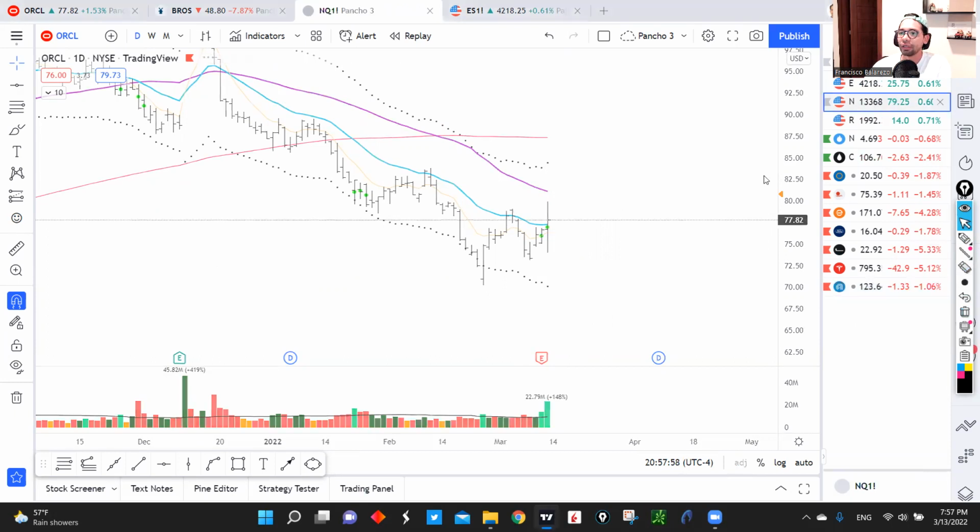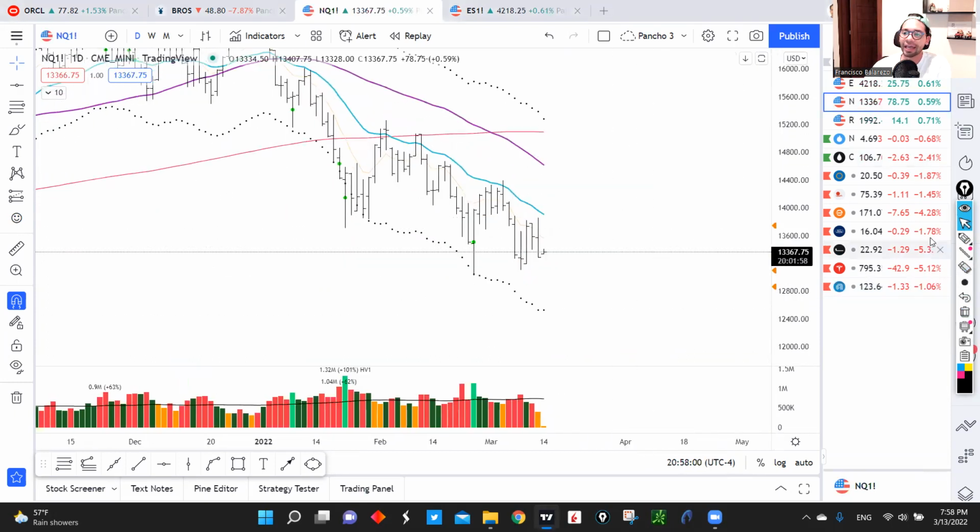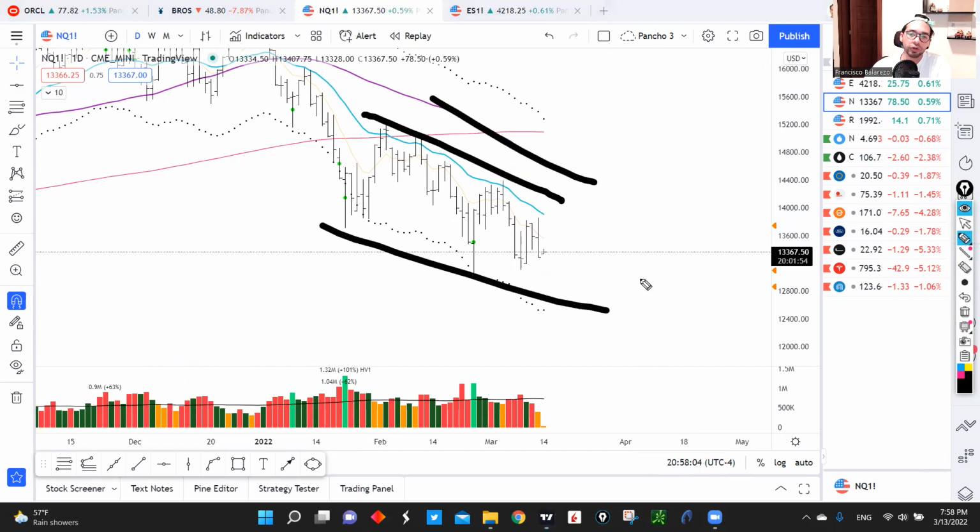We can take a quick look again at the Nasdaq futures, and this continued to be a downtrend. I think that we treat it as a downtrend, and we just wait for strong bounces into declining moving averages so that we can set our short positions with really small risk, so that we can have an optimal risk reward to the downside.